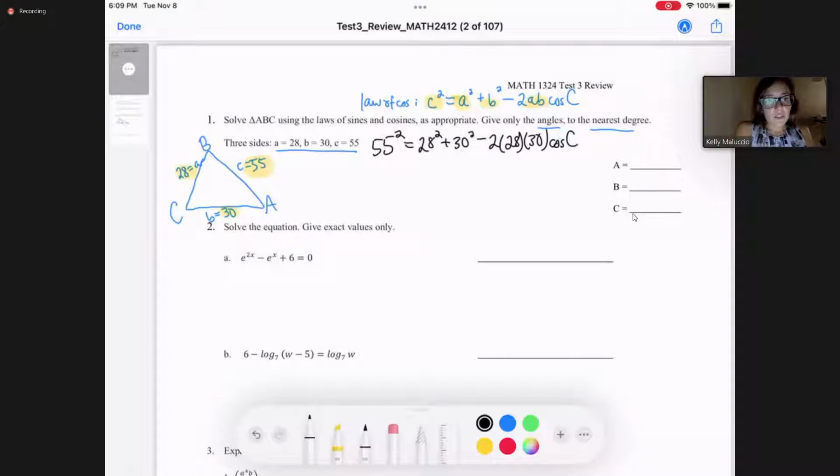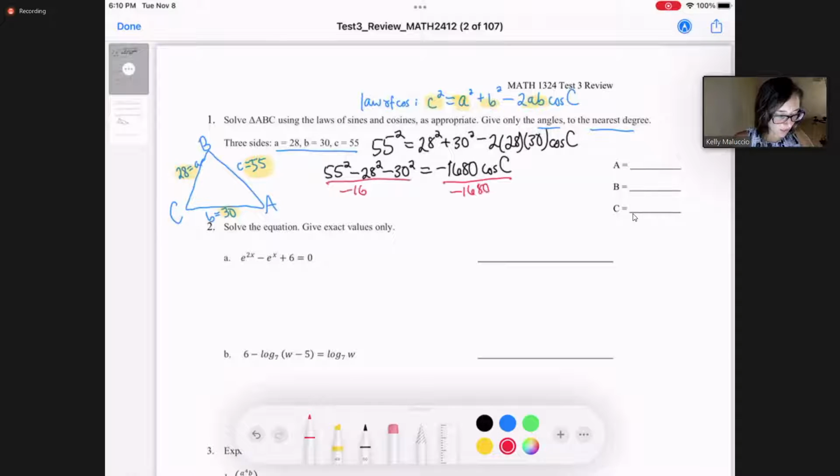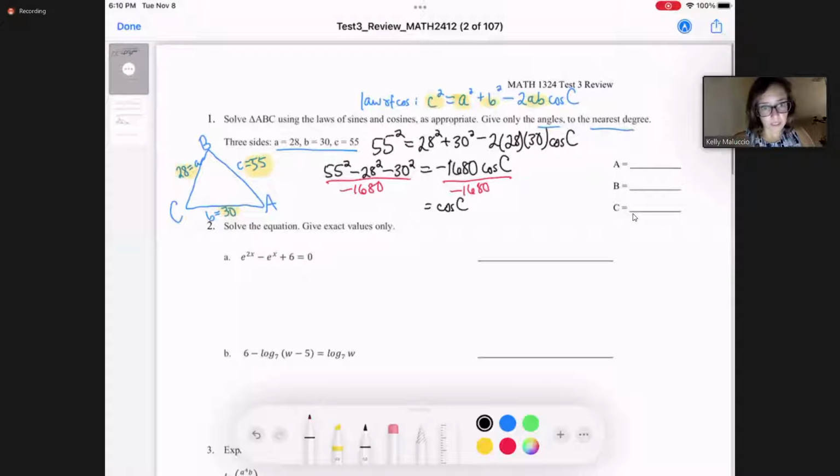And so I can solve for this. They're big numbers, so I'm just going to write it like this. I'm subtracting 28 squared and 30 squared from this side, and it just equals negative, I think it's like 1,680 cosine C. And then I just divide both sides by negative 1,680. And then I get cosine of capital C is equal to roughly